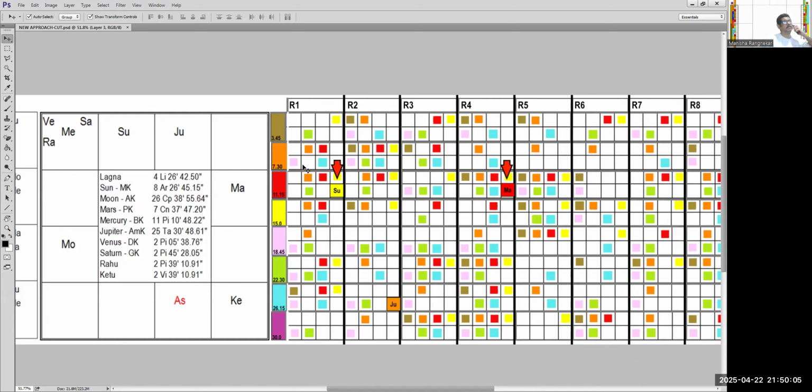Basically, if you see this, the Sun, since it is passing through this, where it has a Sun bindu, it will give a positive thing. Similarly, if you see Mars over here,